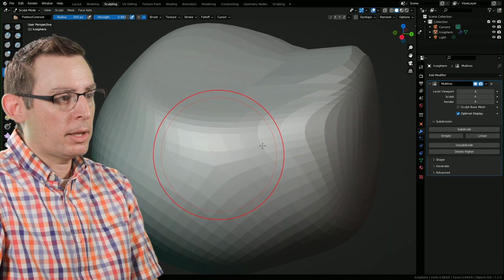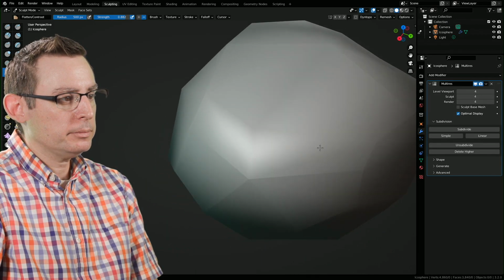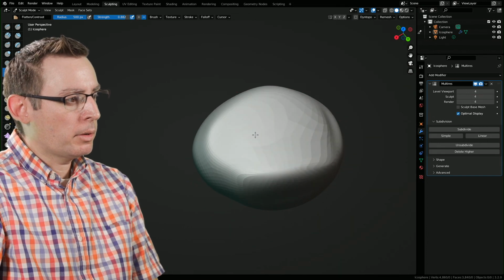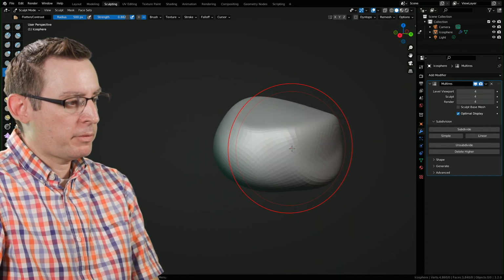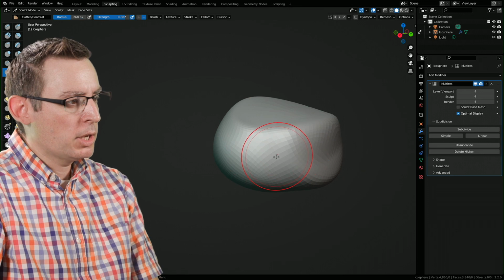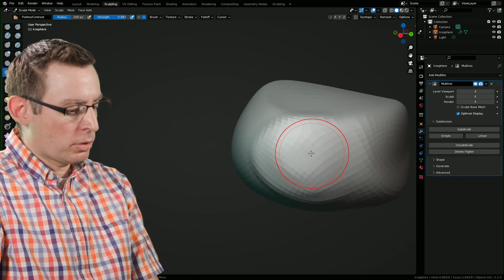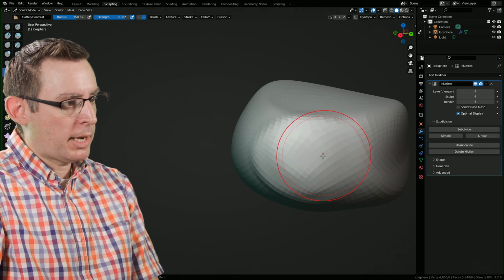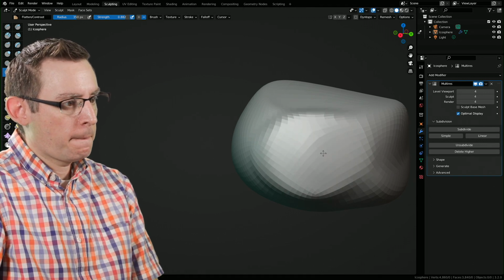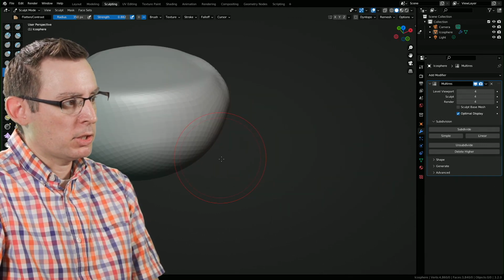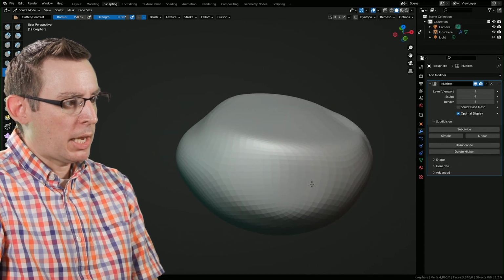Now, it kind of got lost a little bit here. Here we go. There's my shape. That's kind of what I was after. When working with the flatten brush, you really got to pay attention to the size of that circle, because it's going to flatten your forms based on the size of that shape. And I'm just going to flatten some of these edges out a little bit here, kind of retain some of that shape.